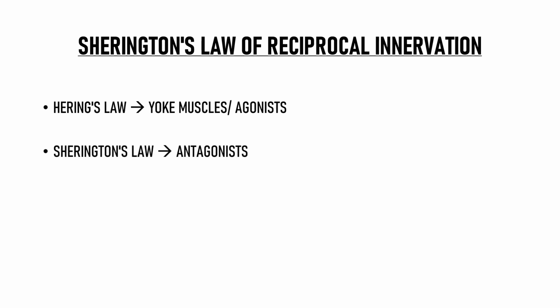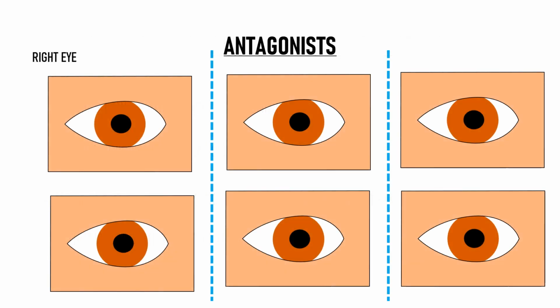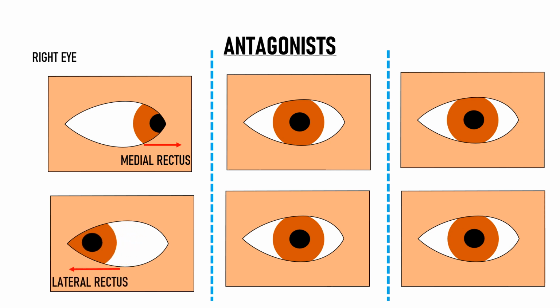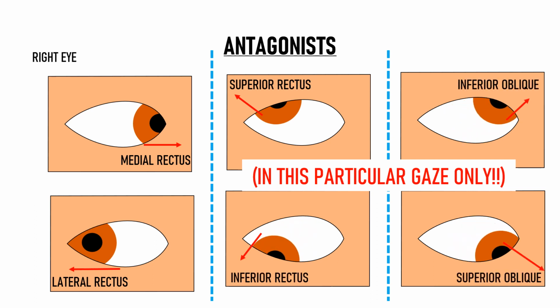Sherrington's law deals with antagonists. Antagonists refer to a pair of muscles in the same eye whose direction of action is opposite to each other. Means they contract to pull the eye in opposite directions. For example, medial rectus adducts the eye, so its antagonist would be the muscle that abducts the eye. So the antagonist of right eye medial rectus would be right eye lateral rectus. Similarly, superior rectus and inferior rectus are each other's antagonists, and superior oblique and inferior oblique are another pair of